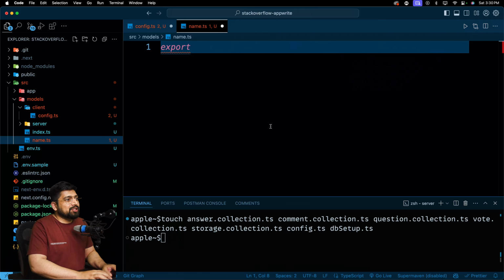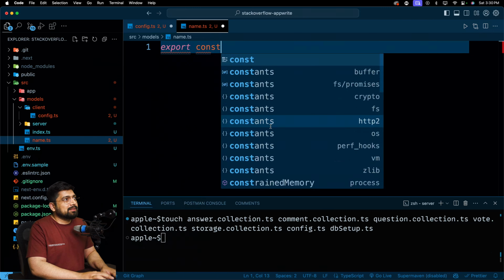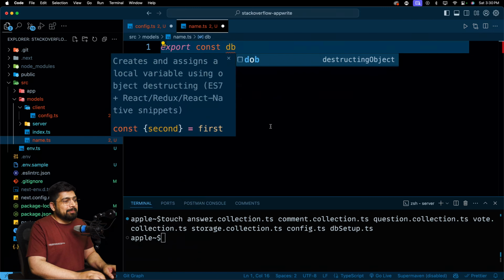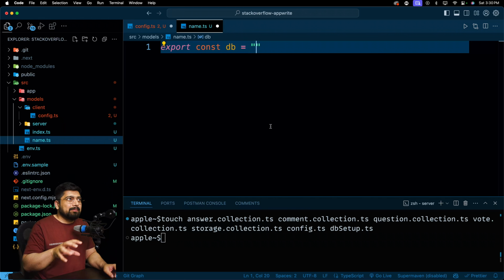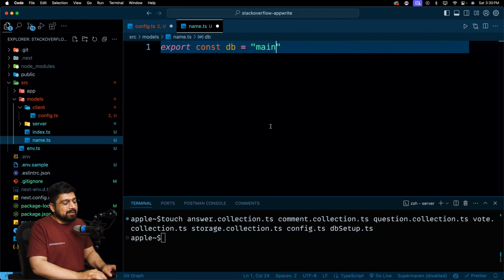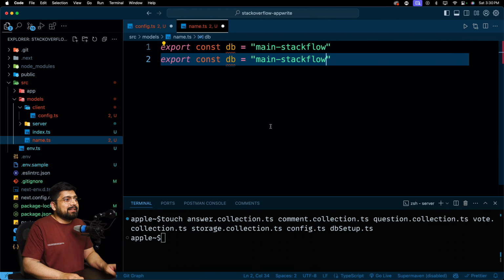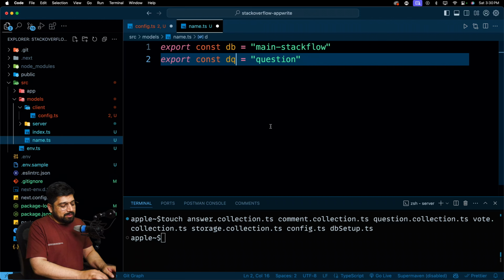I'll go ahead and say export const, and we'll be calling this one DB. What should be the value? I'll call this one main, stack overflow, stackflow, whatever you want to name your database. And then what should I name my questions collection? I'll say this one will be question, and I'll call this one